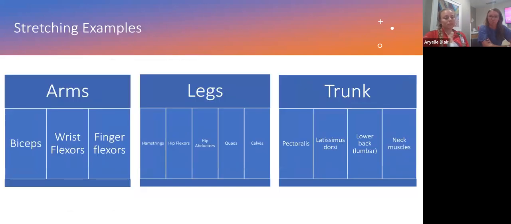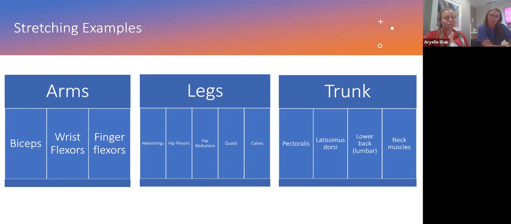Okay, stretching examples. These are typical muscles that tend to get tight in the NMD population. It's not a full encompassing list, so you don't have time to go over it all. So you can kind of see the list here. I'm not going to go through every single one, but these are ones we typically like to focus on because